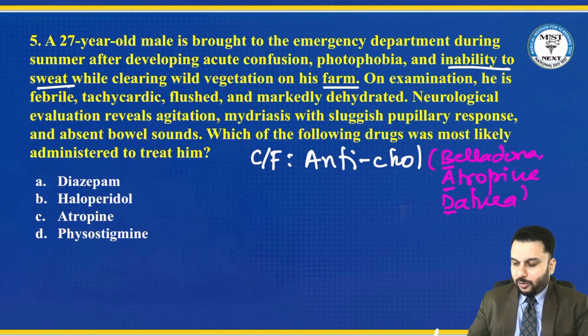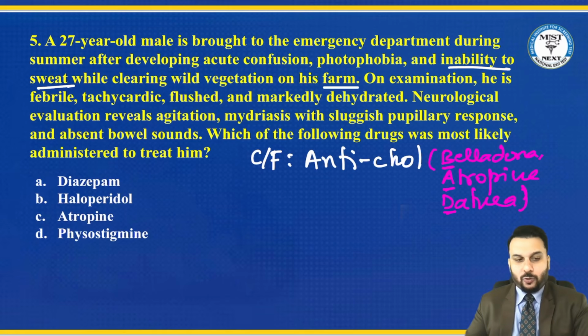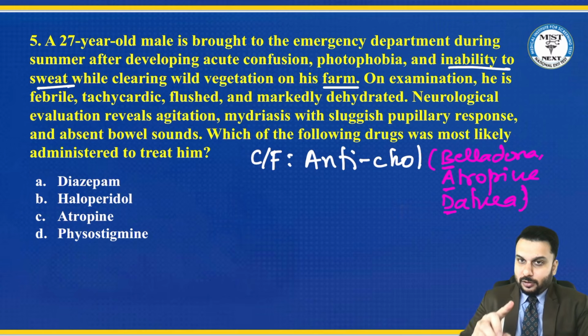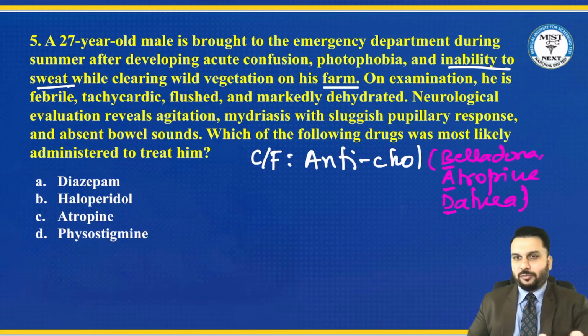Belladonna, atropine, or datura, these are the three that are going to present with anticholinergic features. So that's what you must know. Now, if a patient came with something from this, most likely it must be datura that the patient might have consumed or been exposed to, or maybe belladonna, something like that. Now, how do you treat anticholinergic?